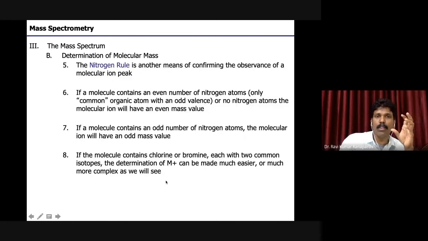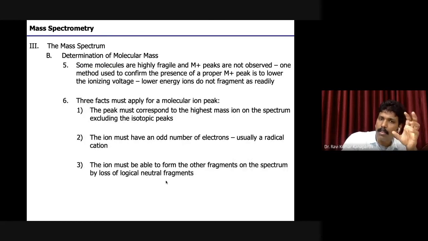This is very important: while interpreting the data, one should not simply jump to the conclusion that the extreme right side peak is the molecular ion. That is the message I'm trying to convey. You can always apply some of these features to identify whether a particular peak is a molecular ion peak or a fragment ion peak. This is one feature I have explained: the molecular ion will be associated with a cluster of isotope peaks. The second thing is that it will lose well-known neutral species and radicals.